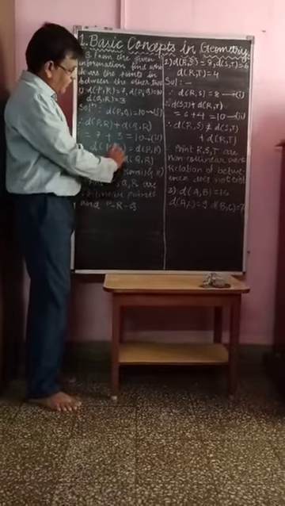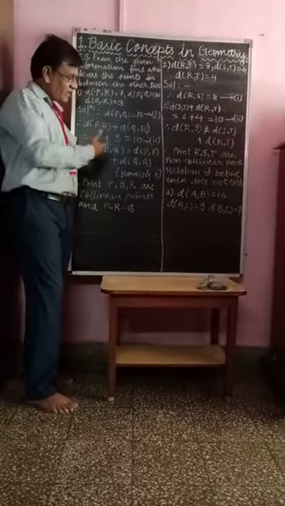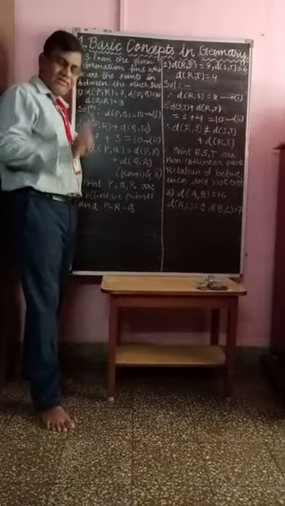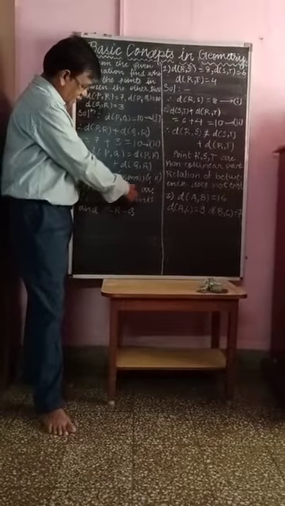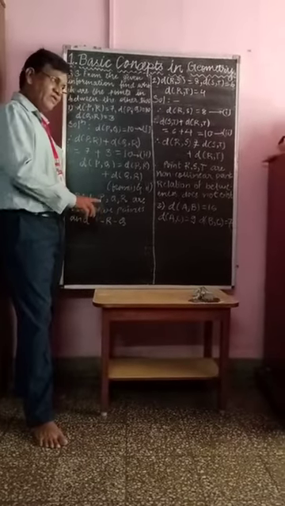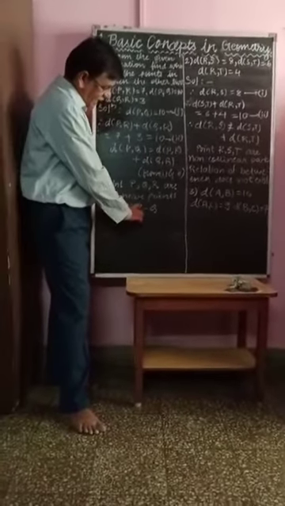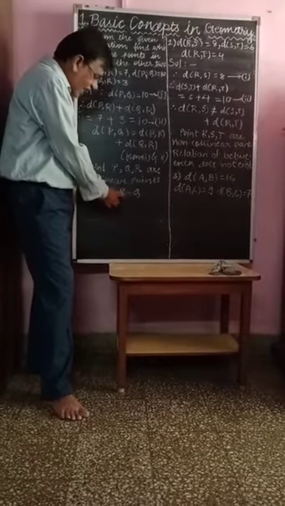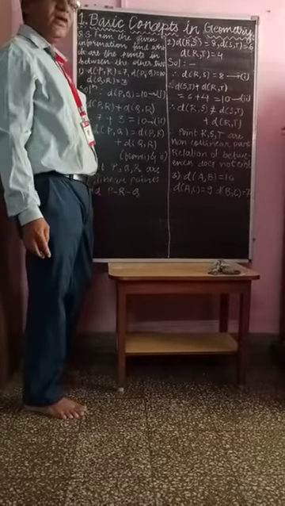So if you get this condition, it means they are collinear. One of the conditions you get here. So from these 3 conditions you get one condition. If you get one condition, then they are collinear. It means points P, Q and R are collinear points. So if they are collinear, it means one point is in between the other 2. So you can say that P-R-Q, means P, R, Q are collinear, and R is in between P and Q. So here R is in between the other 2 points.